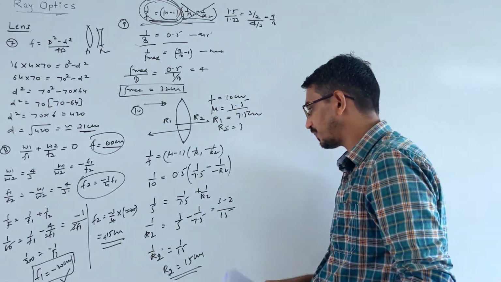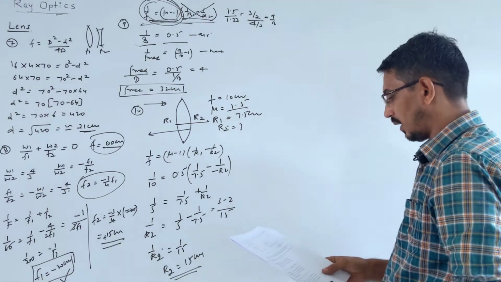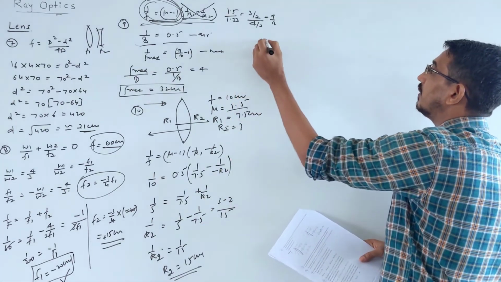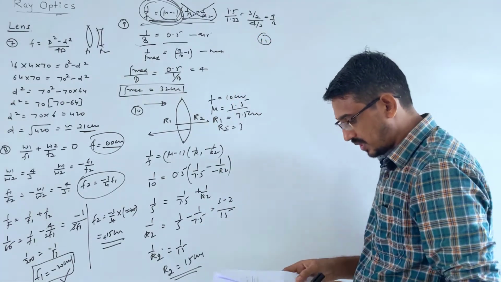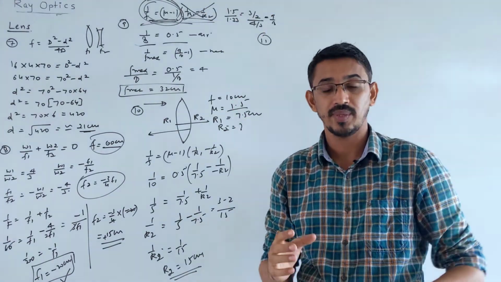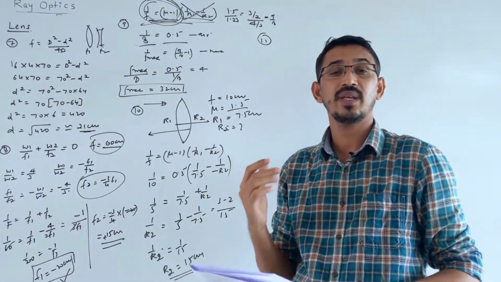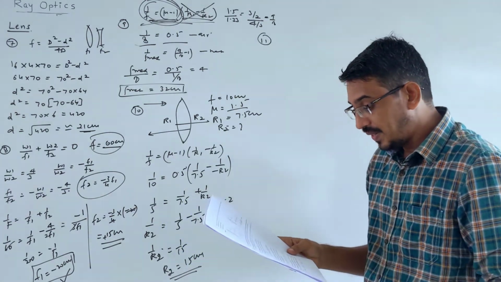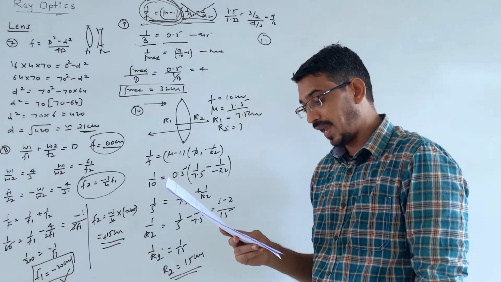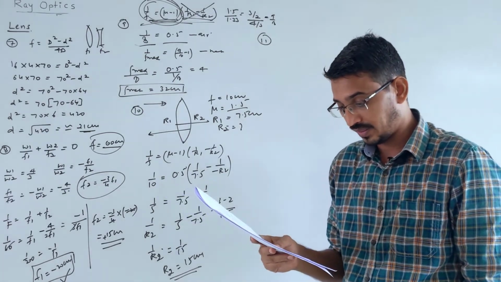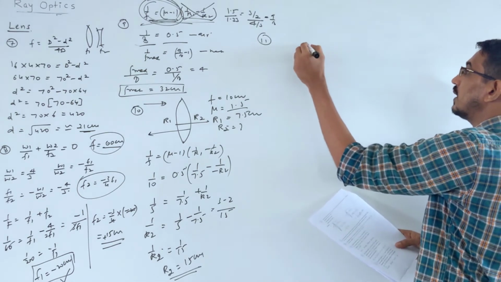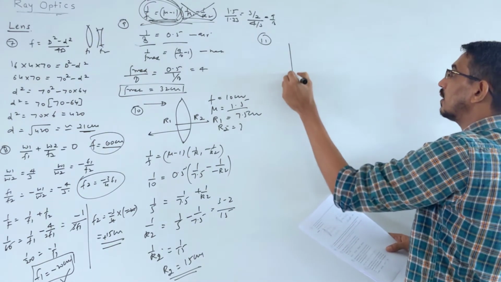Hope you understood this. Okay, let's move on. Then the next question, question number 11. This question says two identical glass, and this question is very important. Please focus here. It's a little long, but very important. Two identical glass equiconvex lenses of focal length f are kept in contact. Two equiconvex lenses you have and they are placed this way.